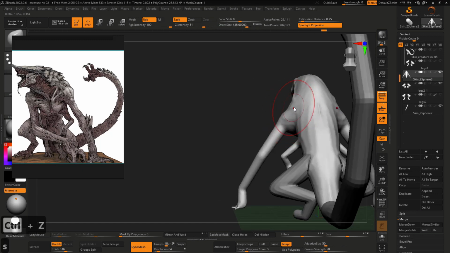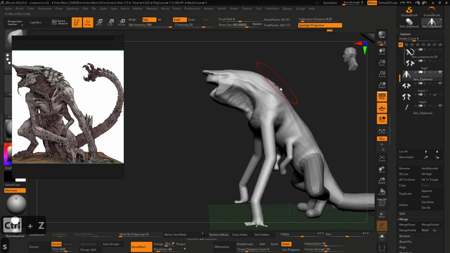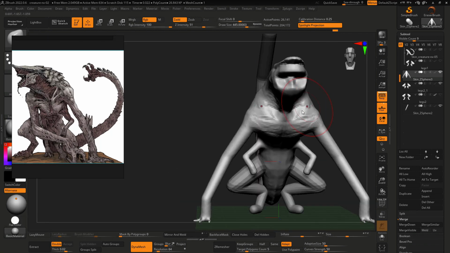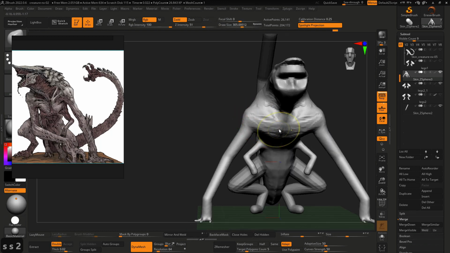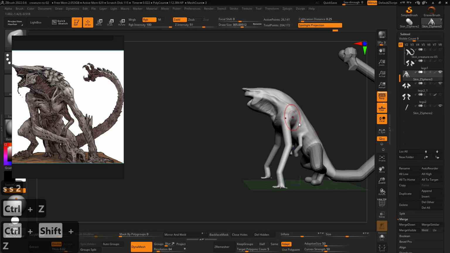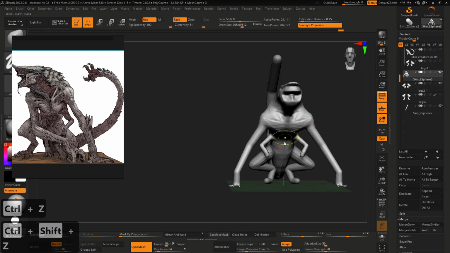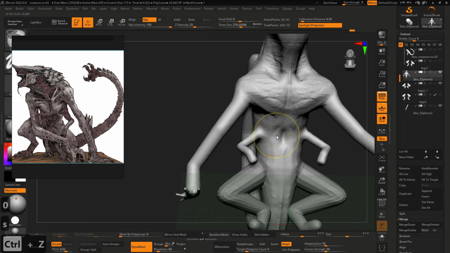So this part is stronger. We're going to work part by part, yet very, very calmly. Here the shoulder is more like something like that. I have this landmark. Here we have the linea alba. Something like